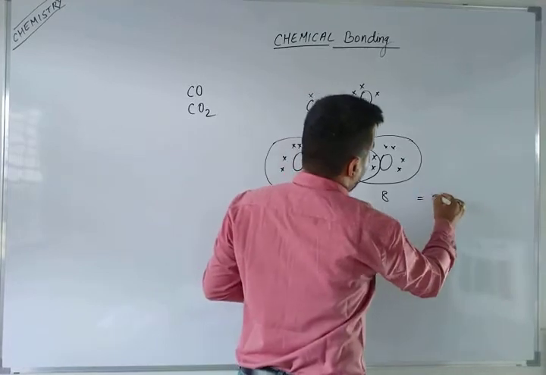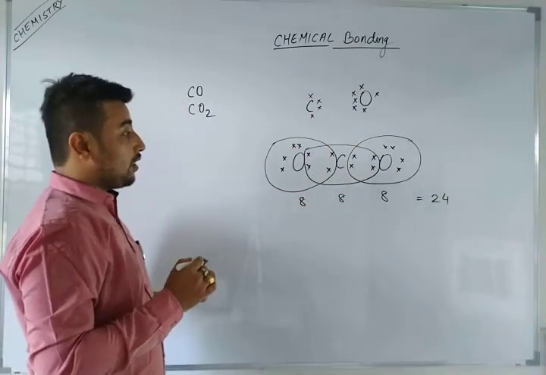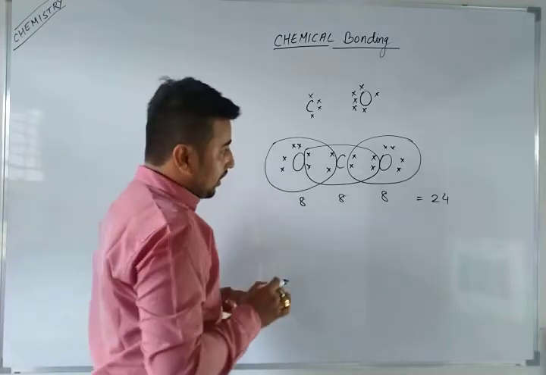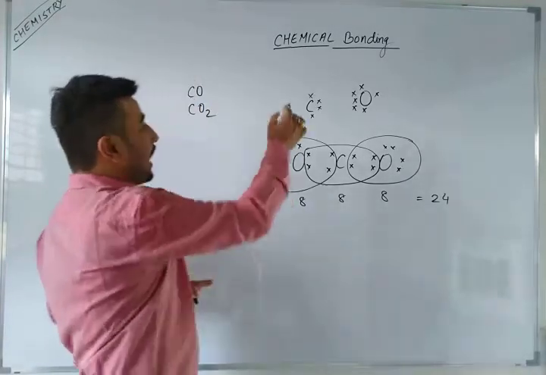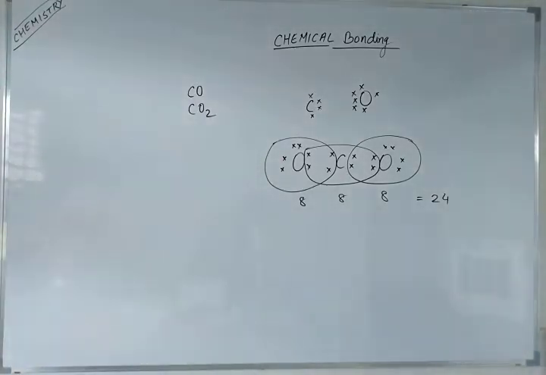According to the Lewis octet rule, each and every element has shared to have 8 electrons. Now I want to ask you about carbon monoxide. If you have solved this question, can you tell me how they have completed their octet in carbon monoxide? It's a very important question. I hope that everybody has done it also. I taught you in the previous video. Can you just do this carbon monoxide Lewis dot structure?